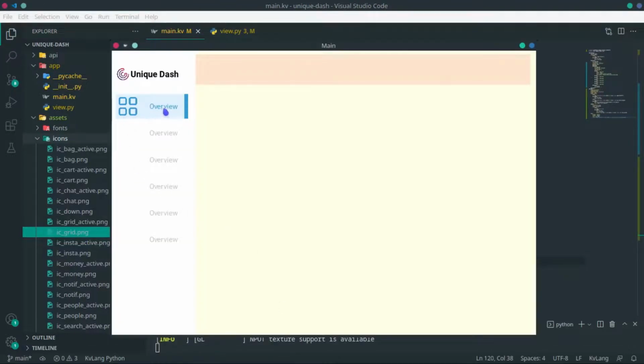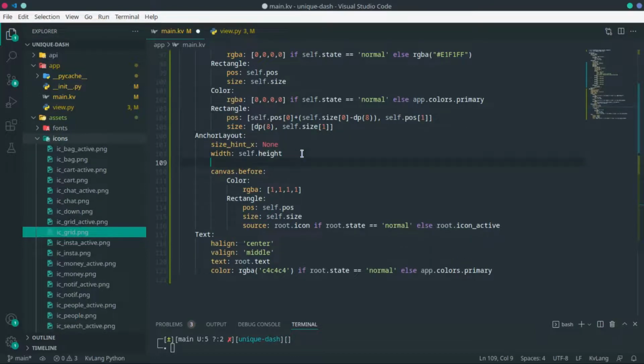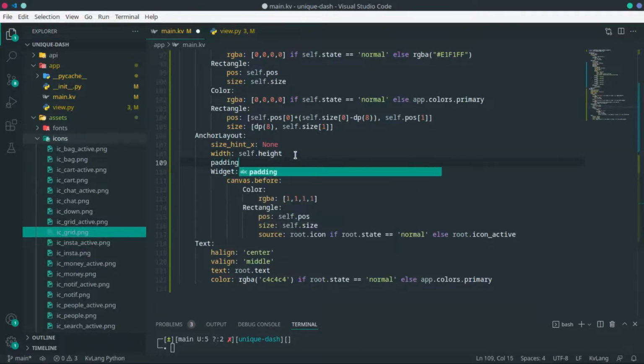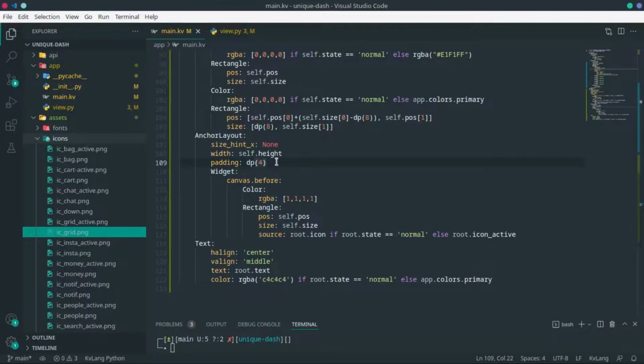Alright, so we have the icon and overview, but as you can see, it's pretty big. So we are going to fix that by changing this to an anchor layout, and then making this go inside, like that. So for the anchor layout, we have everything we need. We just need to pad this a bit. So let's pad it 4 pixels on all sides. Check this out. It's becoming smaller, but not small enough. Let's pad it again, make it 6,